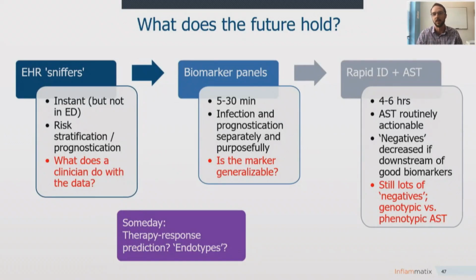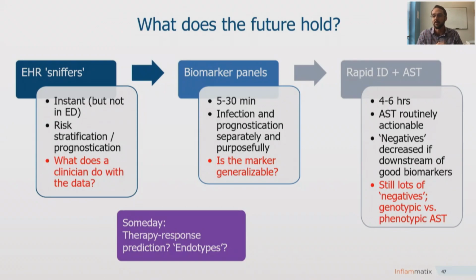And I like to think about it really in terms of workflow, right? We have EHR sniffers, of which, in that PhysioNet paper, I think there were 850 some odd applicants. And there are literally now hundreds and hundreds of AI-based sepsis sniffers out there. The benefit, of course, is that they're instant and they're functionally free for a new patient. But they don't function initially in the emergency department very well, because you don't have a long time recording for the patient when he first shows up. They're very good at risk stratification and prognostication, not very good at identifying who has an infection.